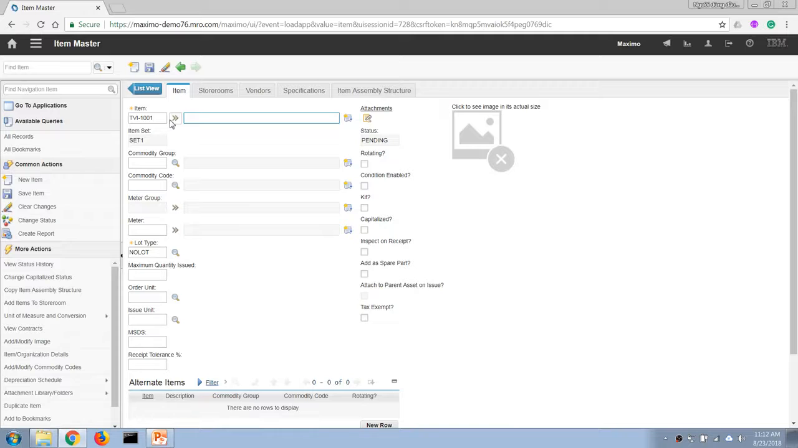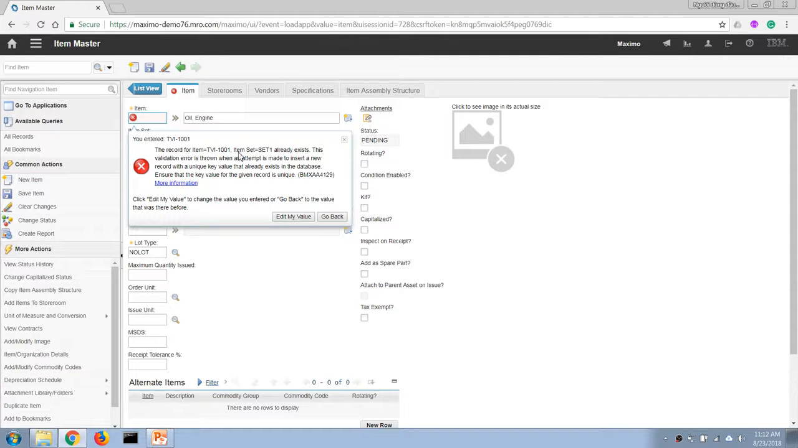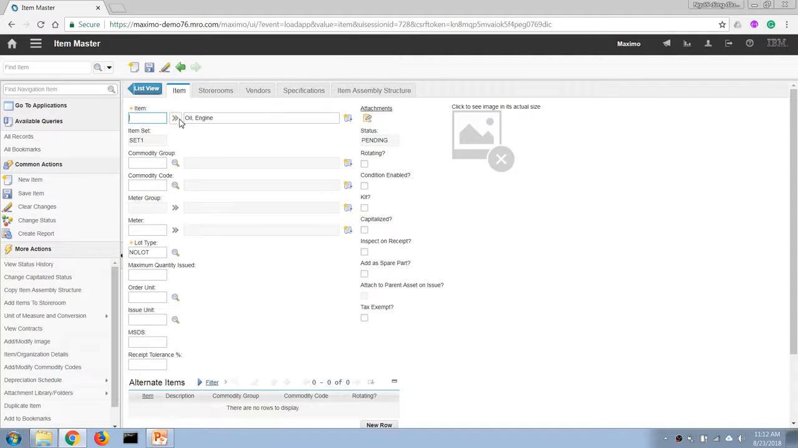And this one I'm gonna call an oil engine. Probably I need to define different items. So I'm gonna call it